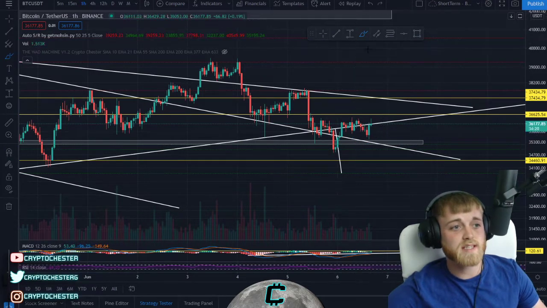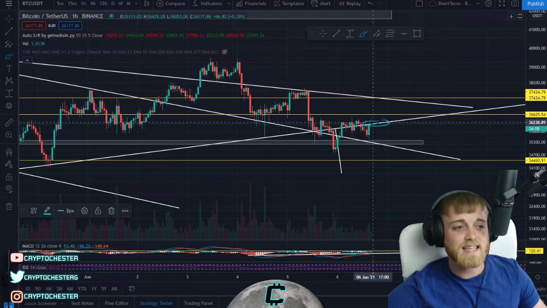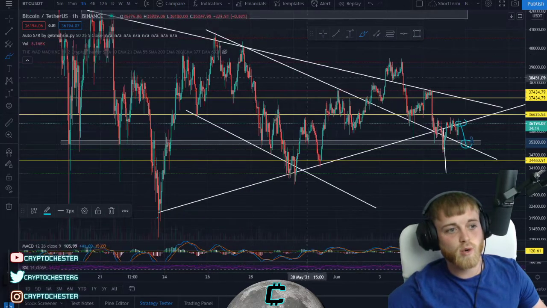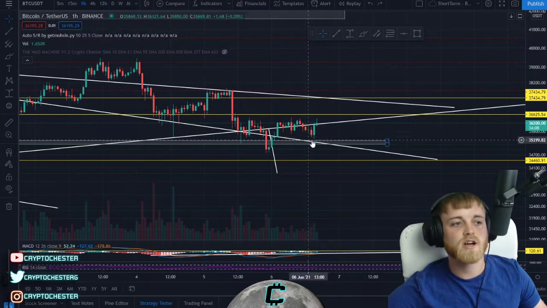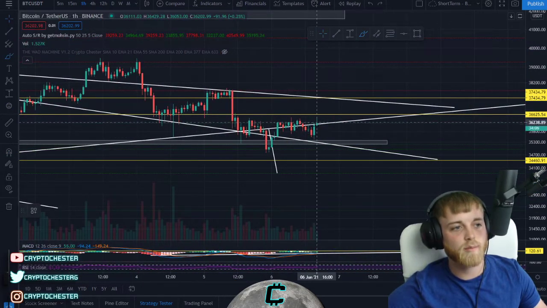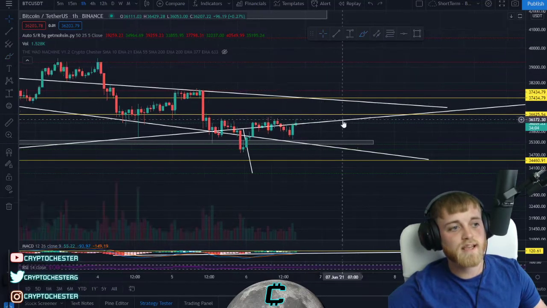That's a high low that's been set. As long as we don't see insane resistance off this point and then come down and test this support line of this channel that we've got coming through here, as long as we don't come down and test that zone and invalidate this high low that we've got coming through here, it's looking like we are going to progress up, right? If we are going to progress up, that's going to be very good.